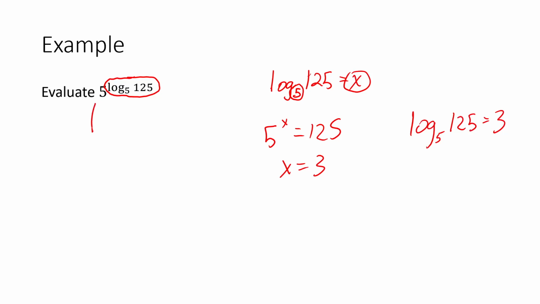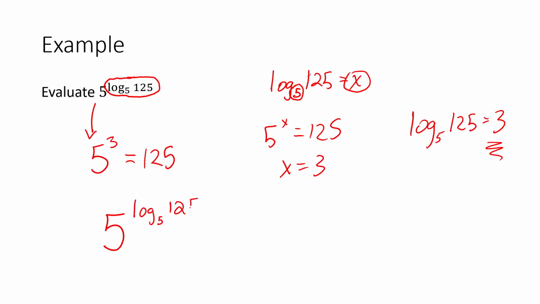So let's take this right here and replace that exponent, log base 5 of 125, with 3. Well, what is 5 to the 3? 5 to the 3 is 125. So in other words, we've just shown 5 to the exponent log base 5 of 125 is equal to 125. And it seems like we're going around in a big circle, but what we have there is one example of